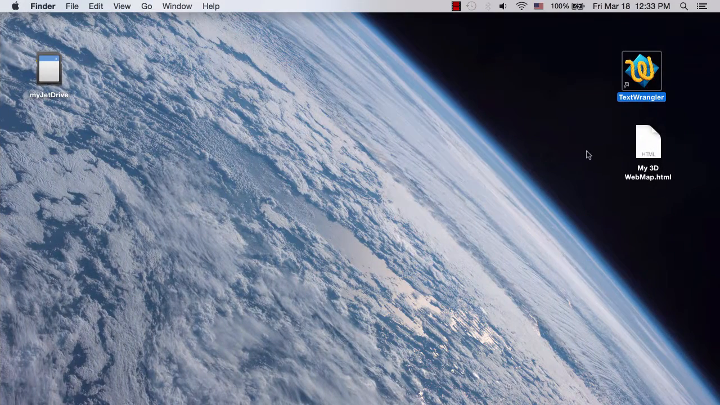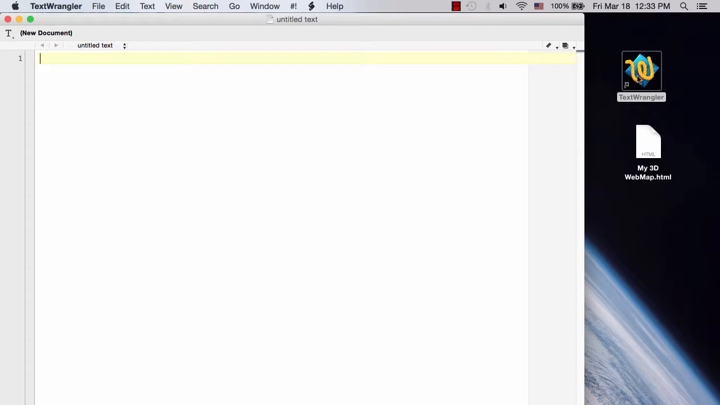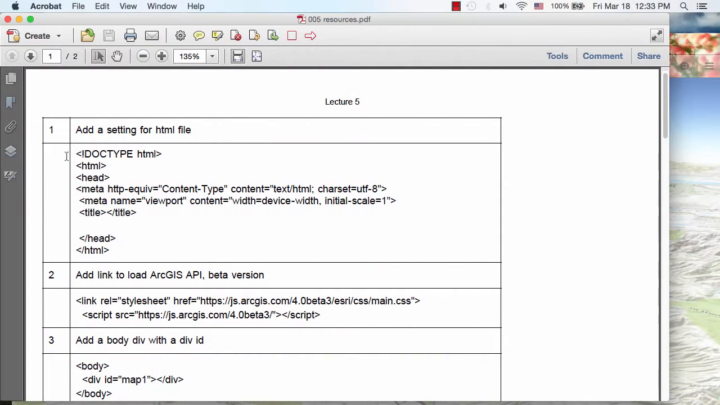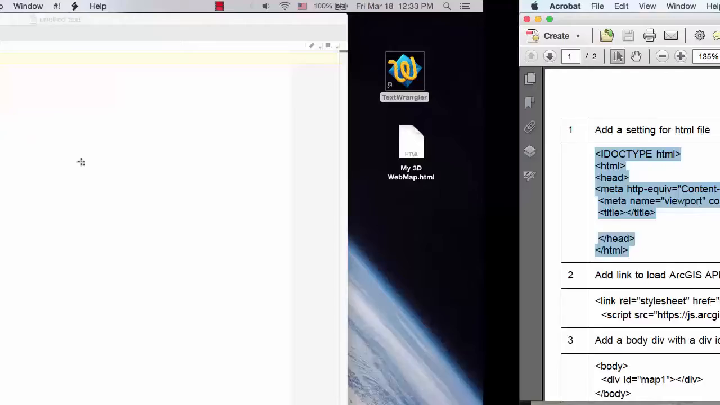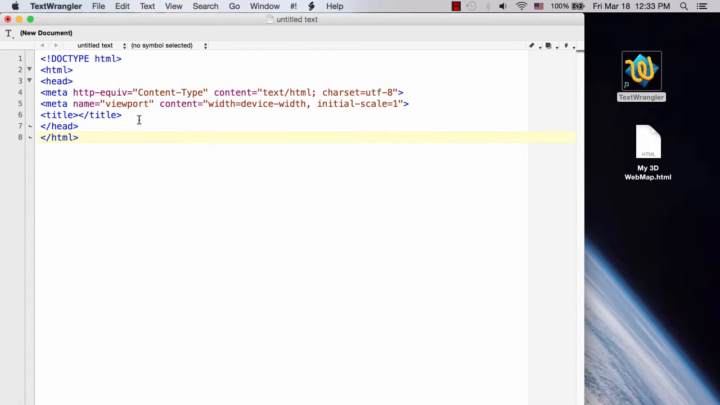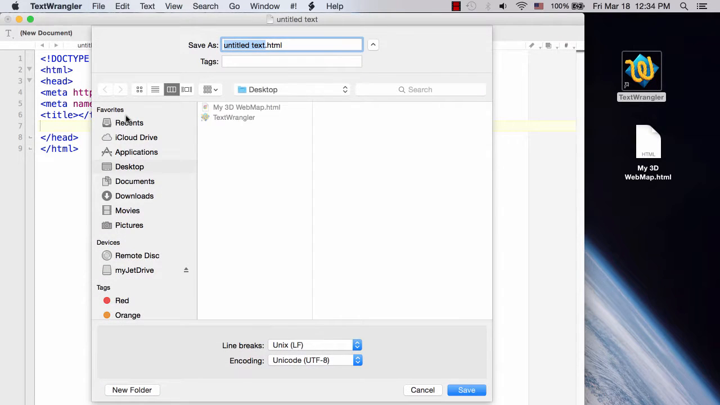To start, open my text editor. Open a new document. Same as the previous lecture, I prefer to copy and paste code from the lecture resources file. So let's go to my lecture resources file and copy this setting. Here I set up a standard HTML document. I save the file to desktop with the name of the file, my basemap